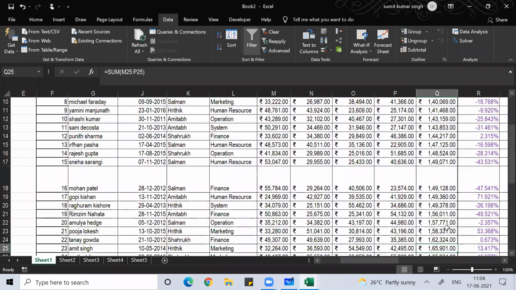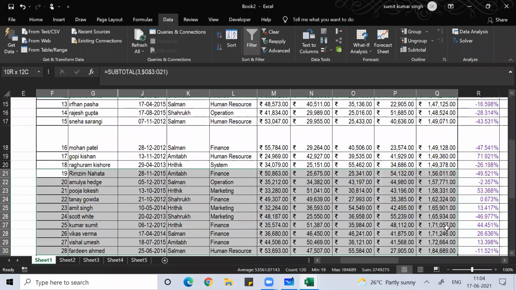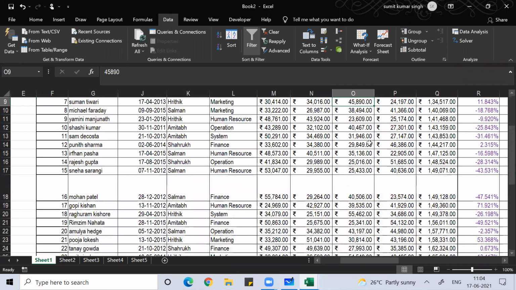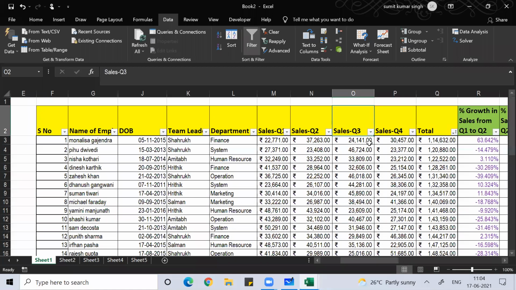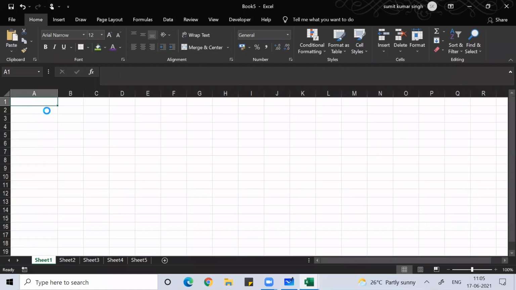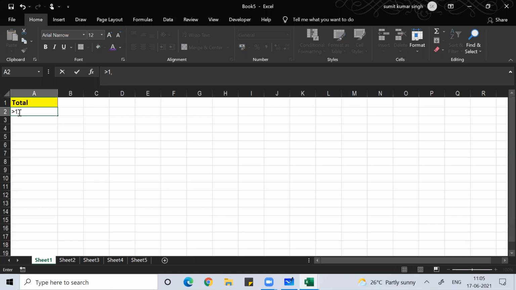So manually I can search that. Once I get the 1 lakh 50,000 manually, then I'll just select them, simply select them, and then I'll paste it there. That is one way of doing it. I hope you know that way. You can do it like that. The other way, what I can do, and this total, what I want is the total. Maybe in another column I want this total, this total. I want all the total values which are more than 1,50,000.